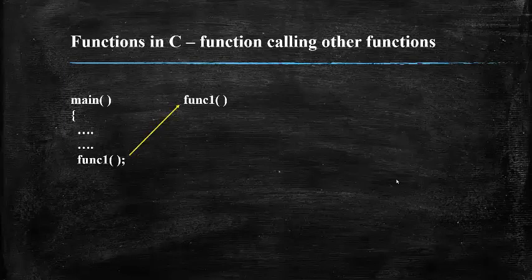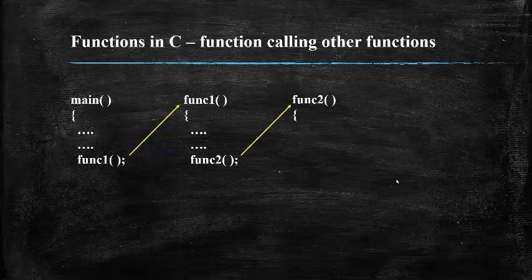Inside function 1, whatever statement blocks are there will be executed successfully, and then the control passes to the called function. So here, function 1 is getting called, so the control passes to function 1. The definition of function 1 is getting executed. Again we have a certain set of statement blocks, and here we see function 2 is getting called immediately. So the control passes to the definition of function 2, and function 2 starts getting